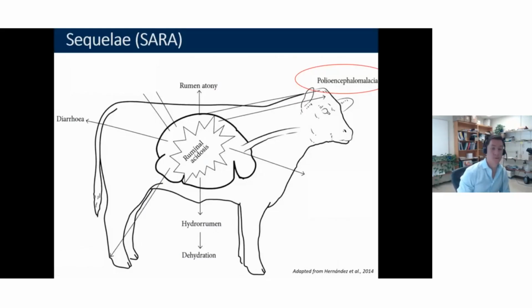Another possible complication of this form of disease includes polioencephalomalacia, and the pathogenesis of this. Can anybody in the chat tell me why acidosis can trigger polioencephalomalacia? If you remember, or which vitamin is involved in the pathogenesis of these lesions? Yeah, thiamine deficiency, correct. That's absolutely correct. So vitamin B1, or thiamine, is produced by bacteria in the rumen. The normal flora produce that vitamin for ruminants, and when we have that shift of microbiome, which is basically driven by the acidosis process, we start to lose that bacterial population that synthesizes that vitamin. So we have lower levels of thiamine, and that triggers